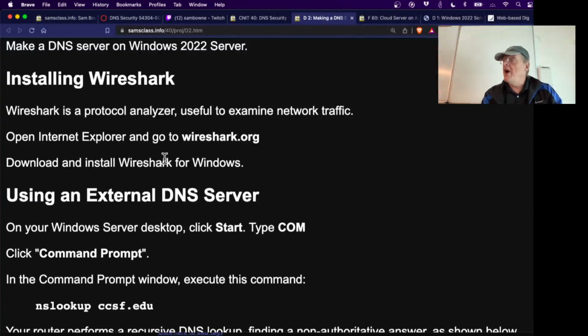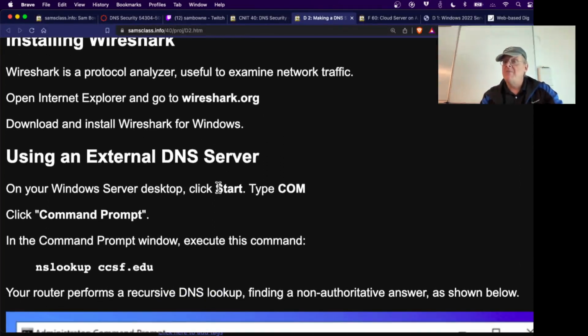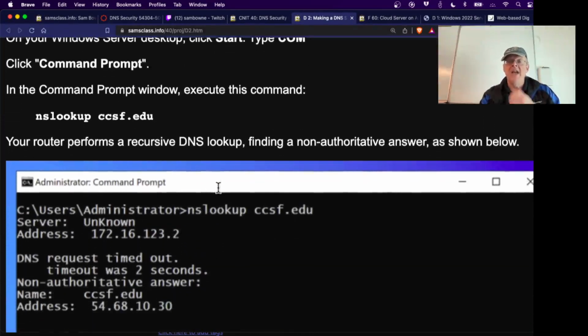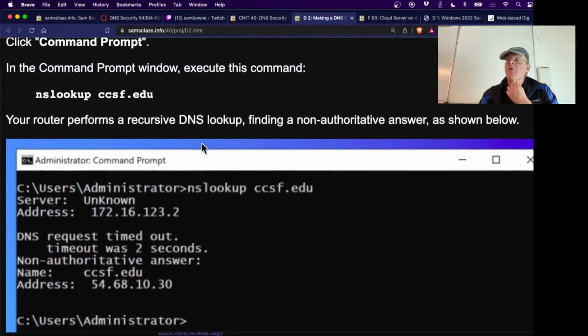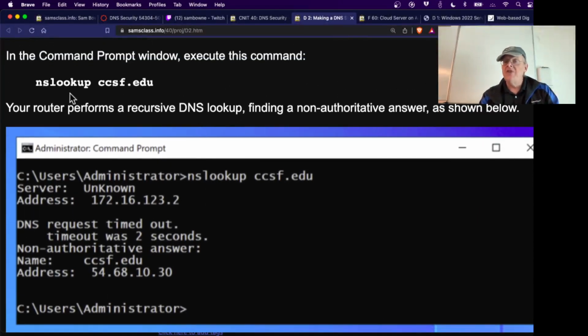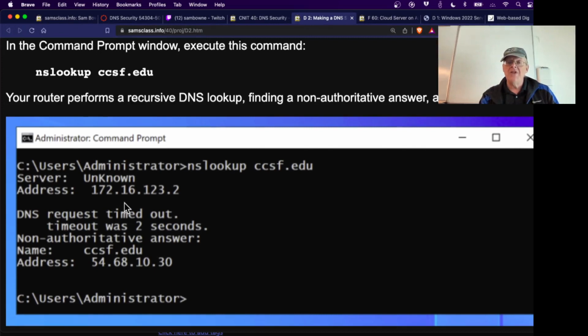So first you install Wireshark, which is a free packet monitoring utility you can put on any operating system, and you can put it on Windows. Then, before you do anything, your machine is connected to the internet as usual. So you can use NS Lookup, which is Microsoft's equivalent of Dig. It has less features, but it can do lookups. So you can look up ccsf.edu, and what you'll see is it finds an address for ccsf.edu, but it's a